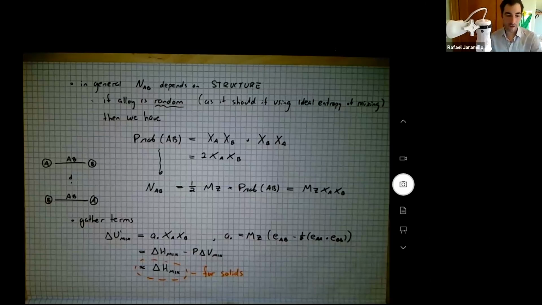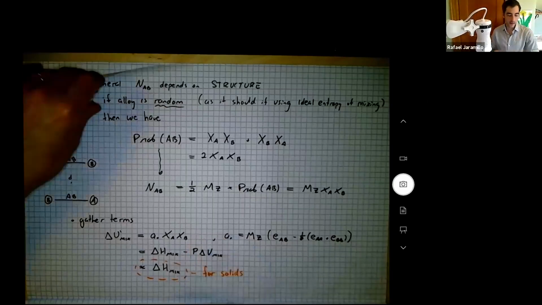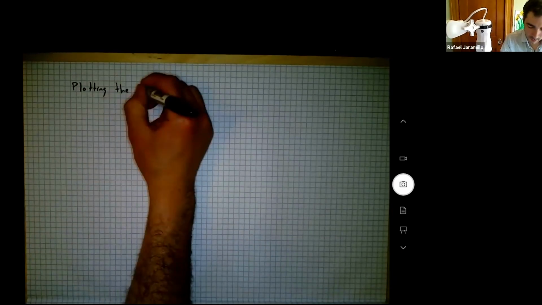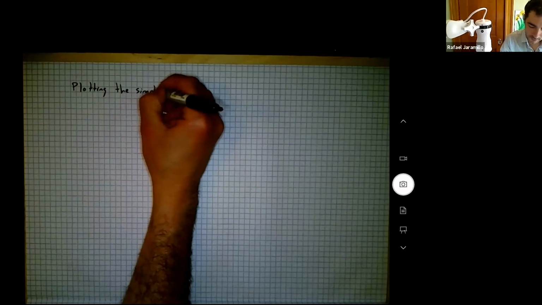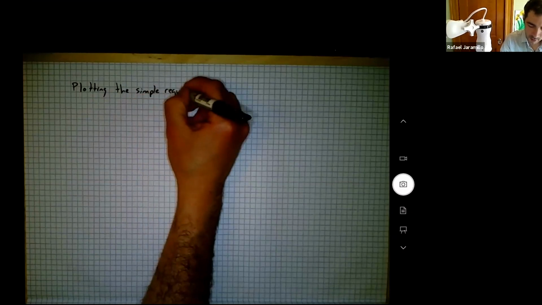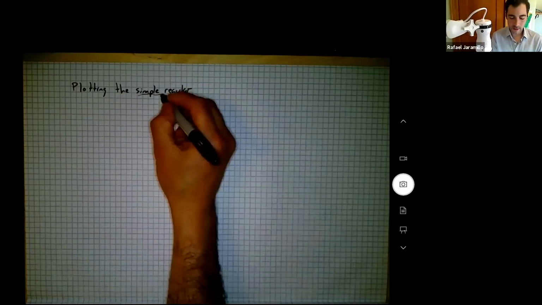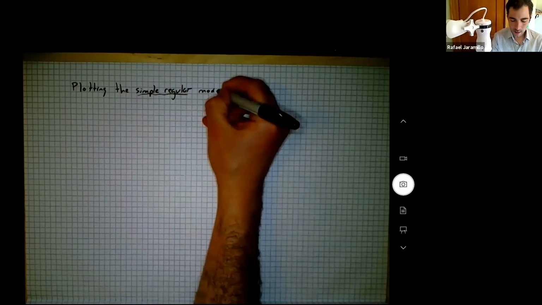So let's plot this. Okay, so that was the end of the quasi-chemical business, and I think it's useful. Plotting the simple regular model. Now we're going to step away from this quasi-chemical business and just, again, analyze the simple regular model. So for the case